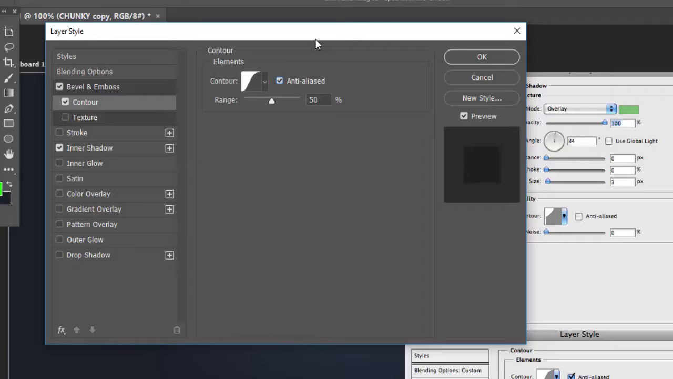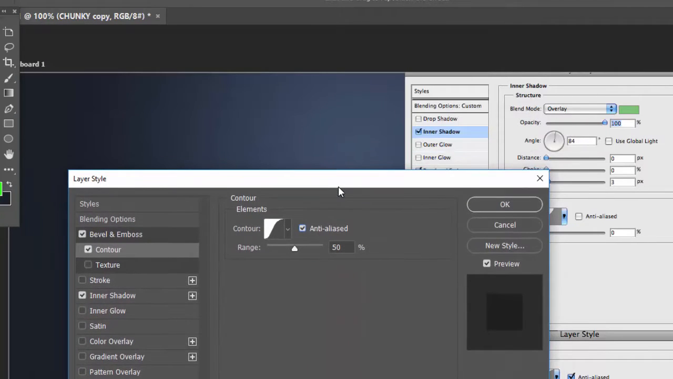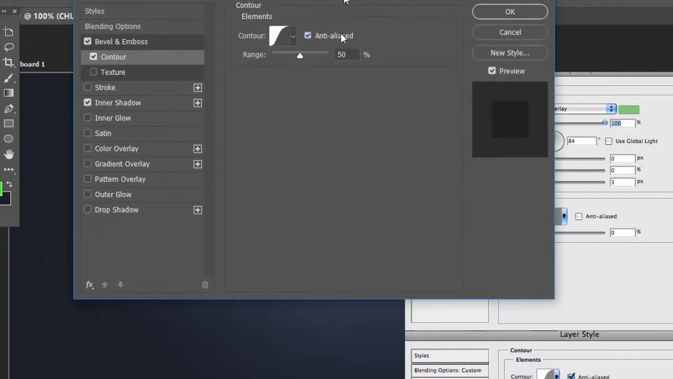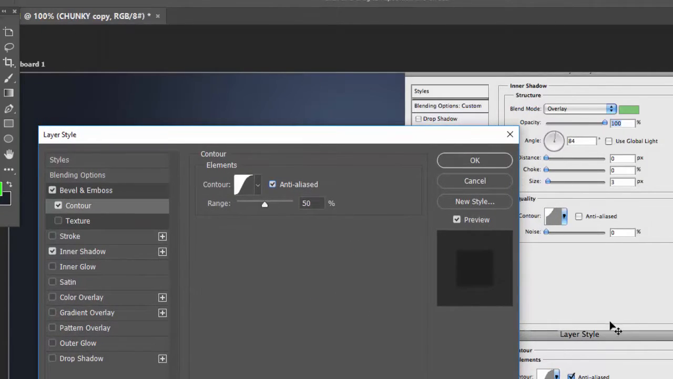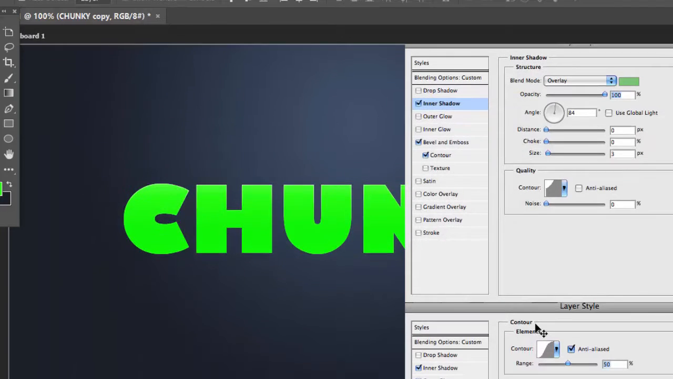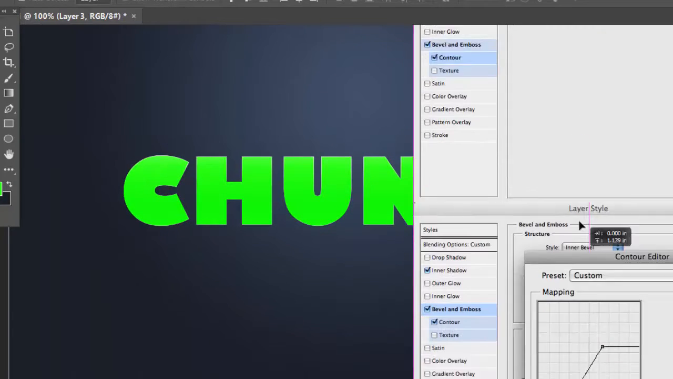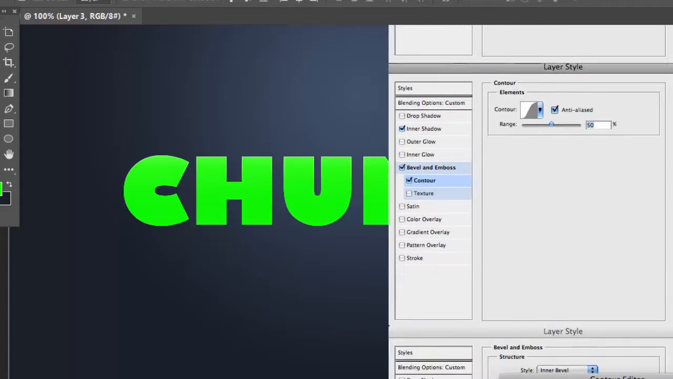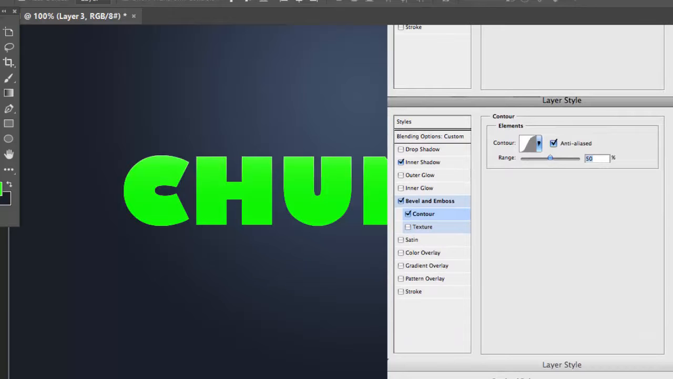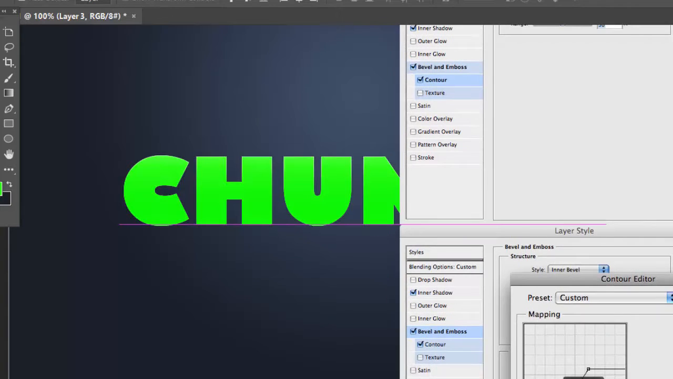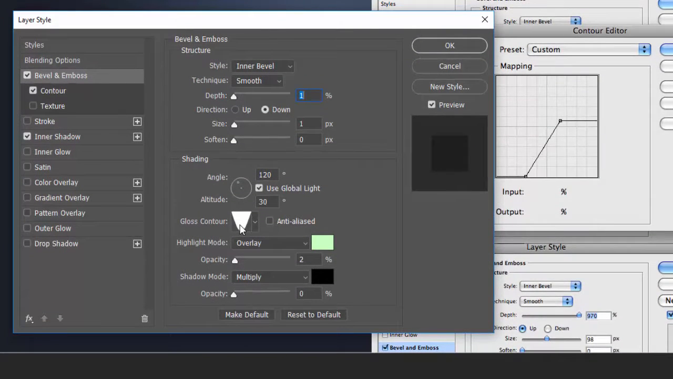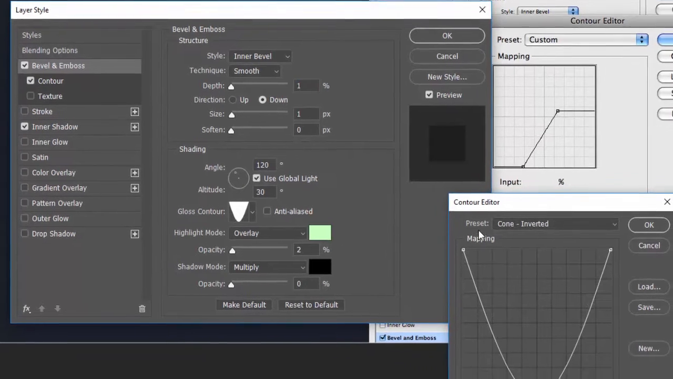We're going to check anti-aliased. We're so against aliasing. No, we're just anti-aliasing. That's right. Move this up. Now comes the fun part. Bevel and emboss contour. We're going to make a custom contour. I don't know why we didn't do that earlier. Oh, maybe that was, no, that was contour. All right, fine. And when we get to the gloss contour, we're going to click on here,